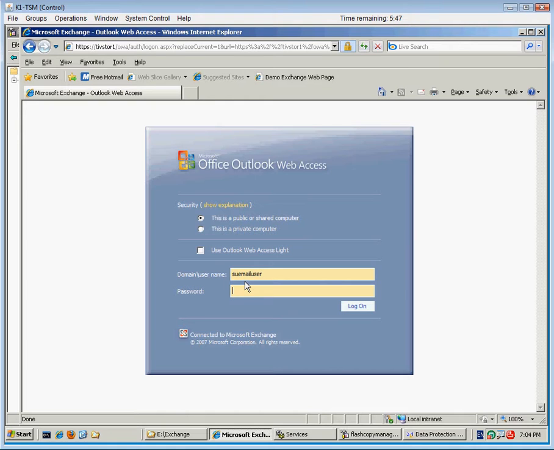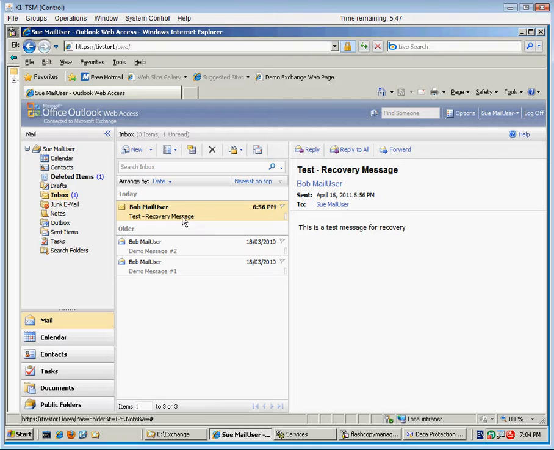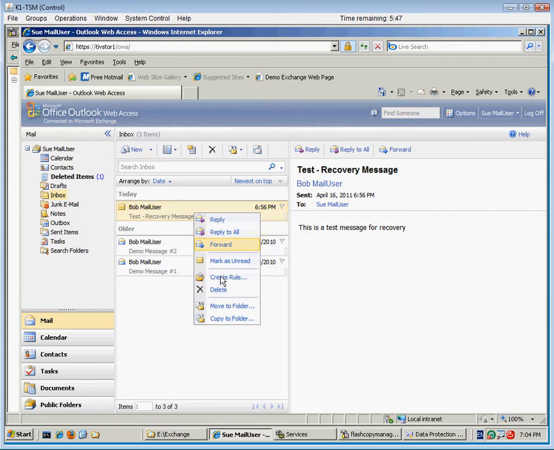We have two mail users set up, Bob and Sue. At this point in Sue's mailbox, we have one message from Bob listed as a test recovery message. This will be the message that we highlight to illustrate recovery of an independent mail message within a mailbox. So we're going to delete this message,